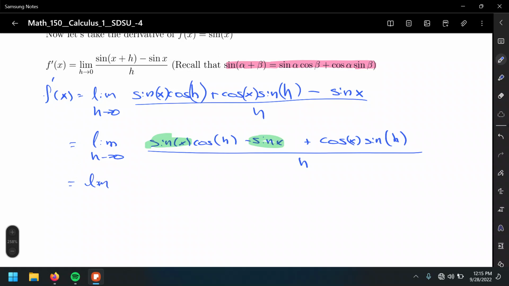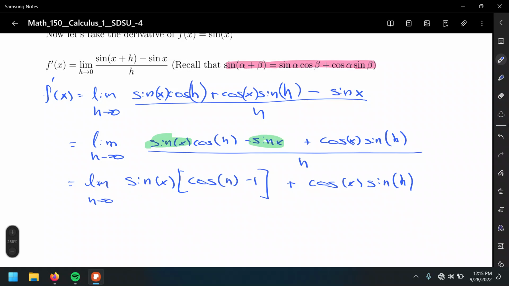That's the limit of sine x multiplying cosine h minus 1. Wait, I thought you could just cancel them out, because then it's a positive sine over x and then subtract the sine of x. Which one? 0. To cancel these two? But this is being multiplied with cosine, so we cannot just cancel. So we factor this and then plus cosine x sine h